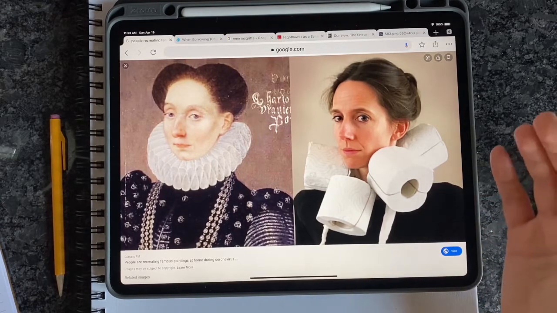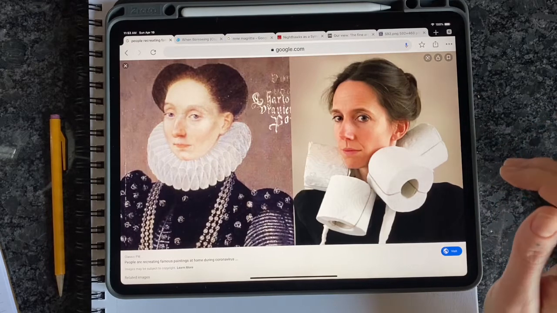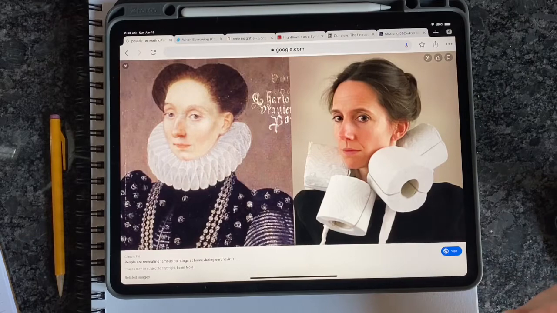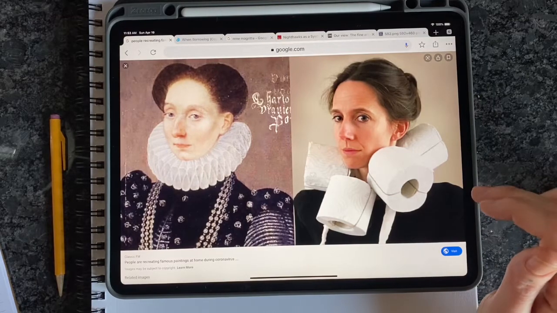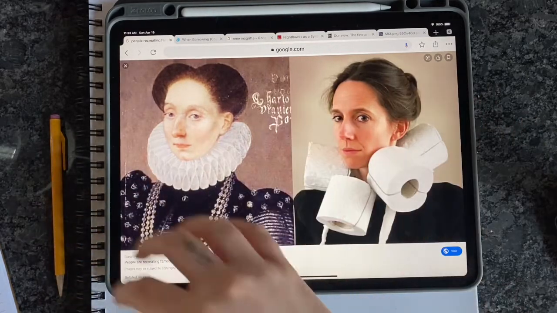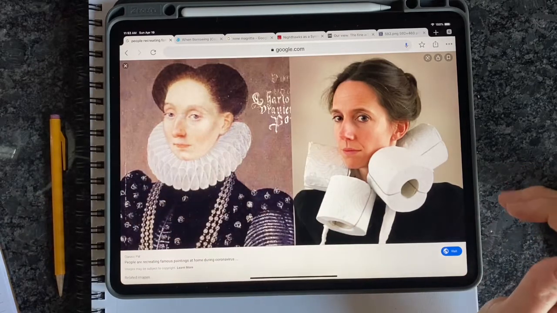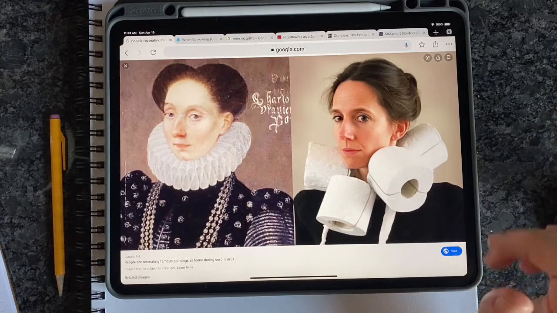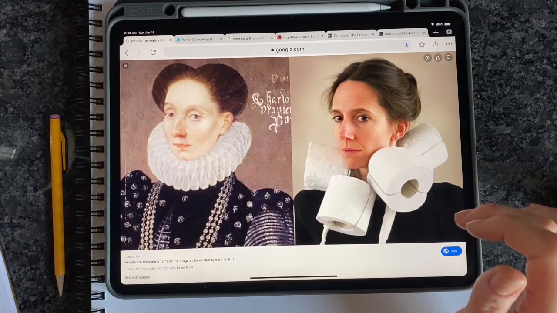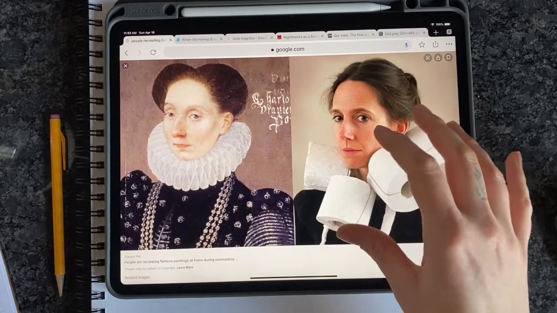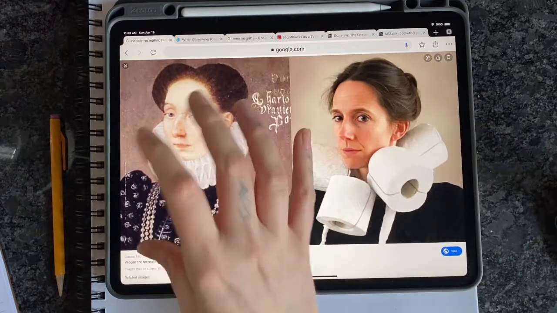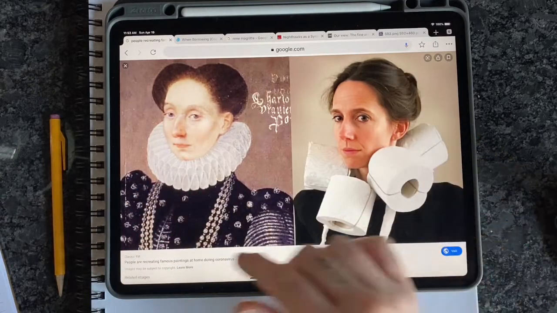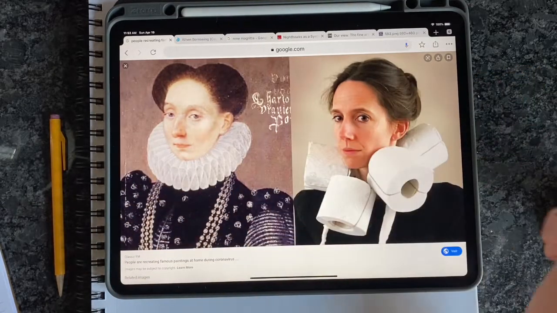This is an okay exception for me because, with everything going on, we've been talking about toilet paper a lot. Crazy, very weird. For some reason, people keep buying all the toilet paper, but she definitely recreated this painting and it's kind of humorous, and you look at it and you say, okay, she's making a comment on people going crazy over buying up all the toilet paper. So when I look at this artwork, totally different meaning than when I look at this painting. But she did appropriate the positioning, the composition, where her face is glancing to.